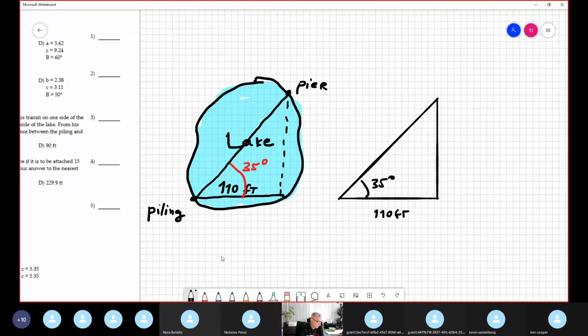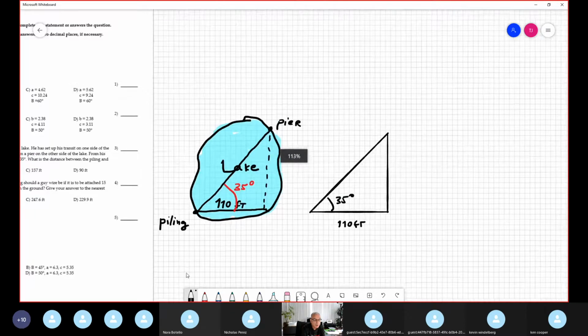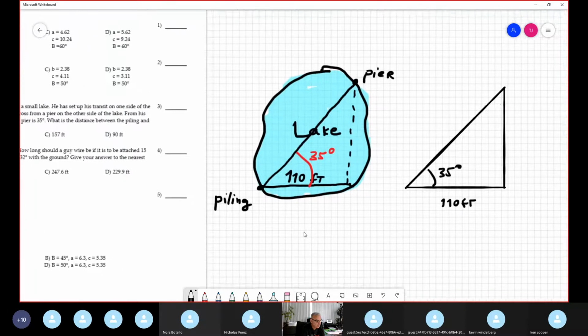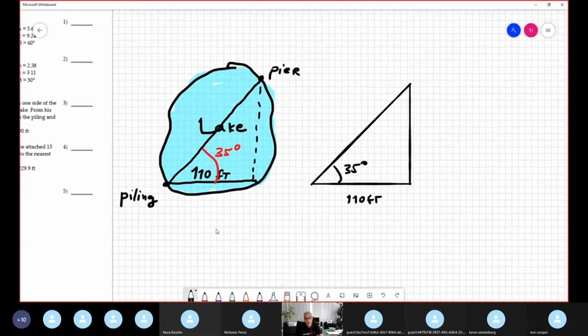Okay, and what do I need to do? What is the question? What is the distance between the piling and the pier? I need to find the hypotenuse. So what information do I have in my hand? I have the angle and the adjacent side, and I need to find the hypotenuse. In my opinion, the best way is using cosine. So basically, cosine 35 degrees is equal to